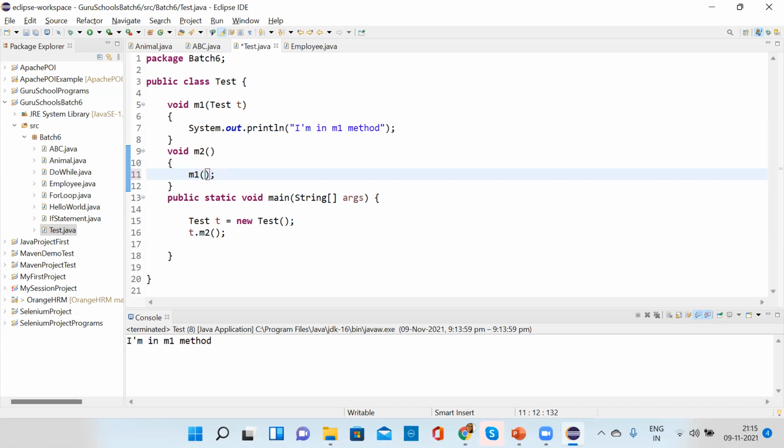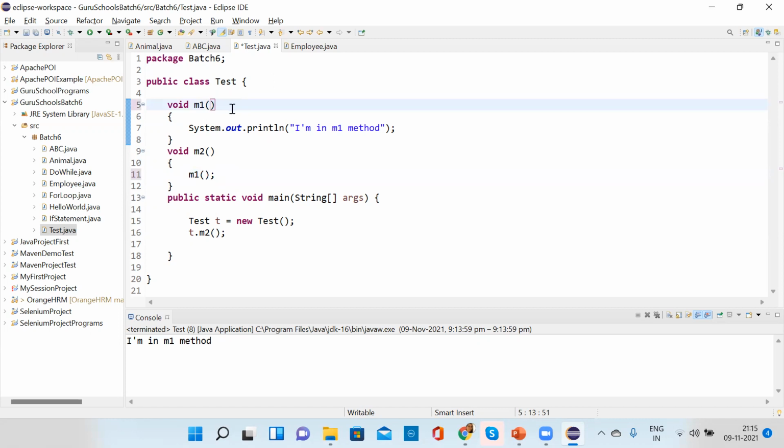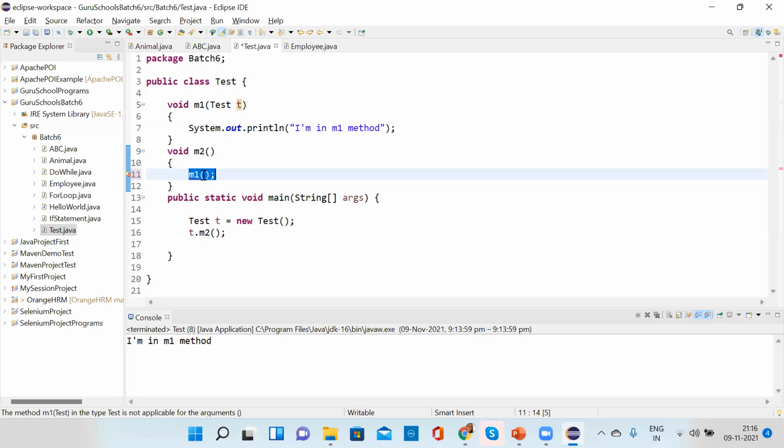You don't want to pass this, correct? And no argument here, you are saying, because if we are calling this M1 with no test T, then it will be a mismatch, right? So this method is not available if we are not passing any argument. Either you pass this, then only it will be calling. Otherwise, there is a normal method, right?